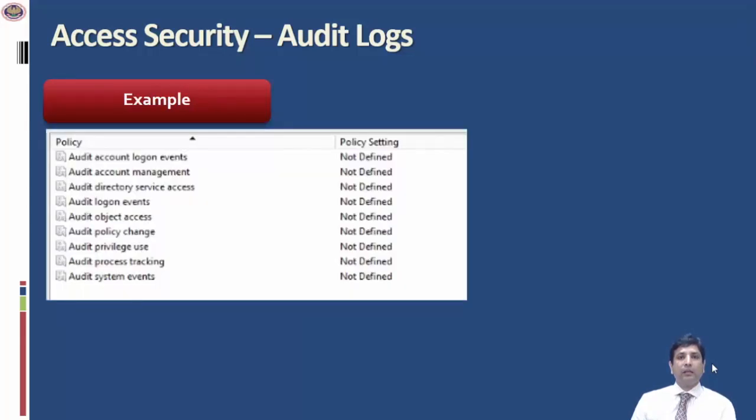So this is a screenshot of an audit log event within a Windows system. As you can see, there are several events which can be defined. So there is a feature to enable account logon events. Whenever somebody logs into the system, that event is logged. Similarly, there are other features where the client can, depending on the risk assessment, enable those events. Here we can see the audit of privileged use. This is basically the auditing feature for a privileged user or a super user.